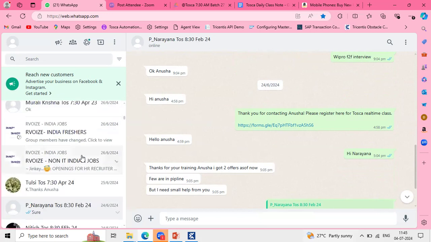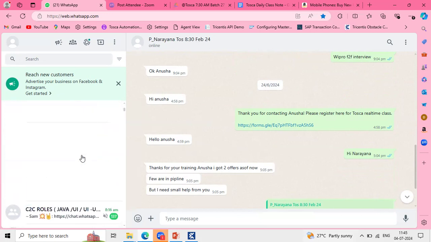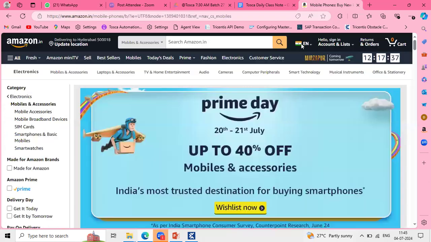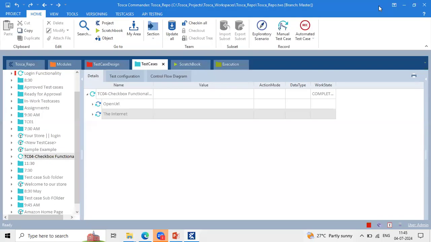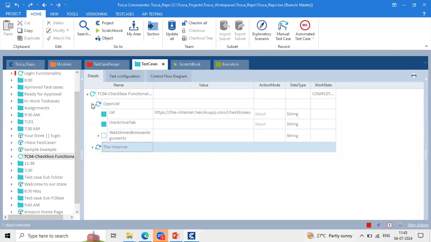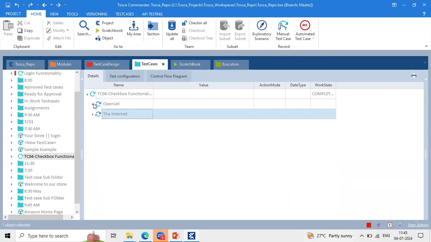See, a lot of people are placed. I'm just showing you my recent information, but not much. I just want to give some confidence. Yes, we do have openings in the market now for Tricentis Tosca. As I said, after the financial year onwards, these openings started. Before that, the recession was happening, so we had very few, but after the financial year, a number of openings are released for Tricentis Tosca. Clear?